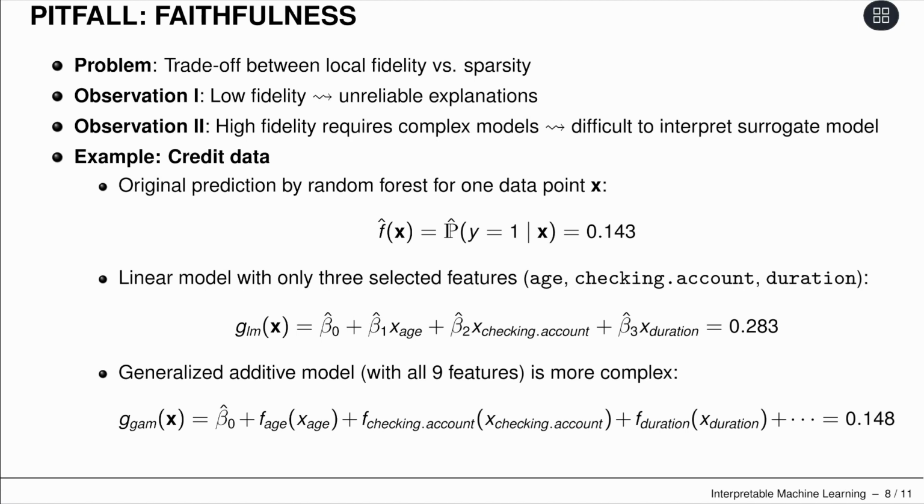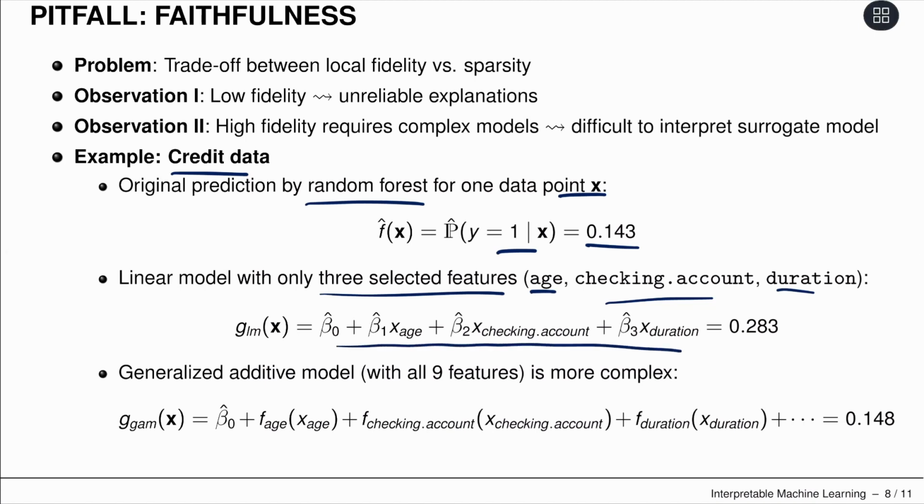So let's talk again about the credit data. Say that the original predictions came from a random forest for one data point, and that belonging to class 1 was getting 40%, so it's the credit score, right? And furthermore, let's say we have a linear model now with 3 selected features: age, the account and duration. As always, we simply weight them by our model weights. And that gets us to now actually a prediction for that point of 0.283. So that's quite a bit off, right? To the